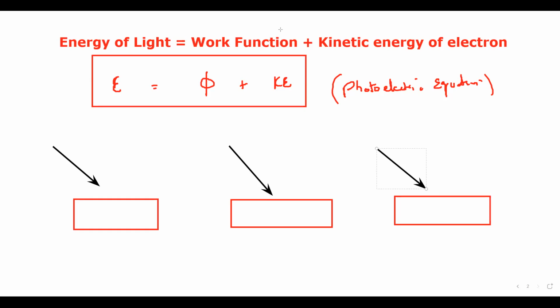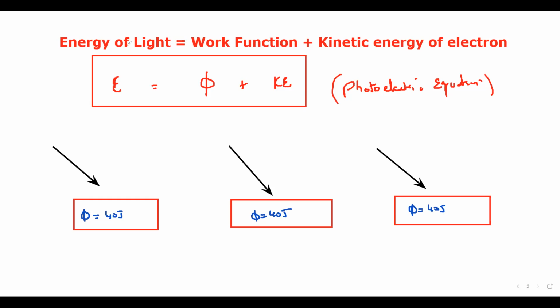So we incident the light, and for example the work function is the minimum possible energy. Every metal has its own work function, but if the metal samples are identical, they will have the same work function. So the work function is, for example, 40 joules. Because it's the same material, it's 40. If different materials are there, they will have different work functions.